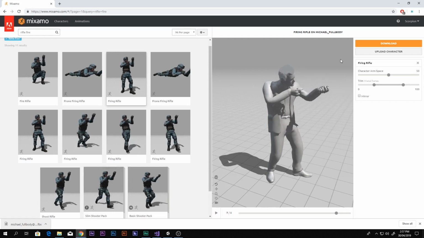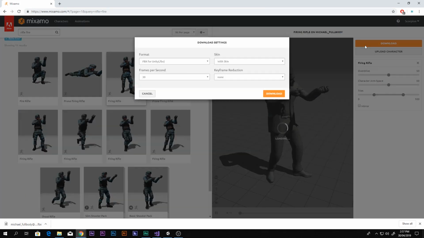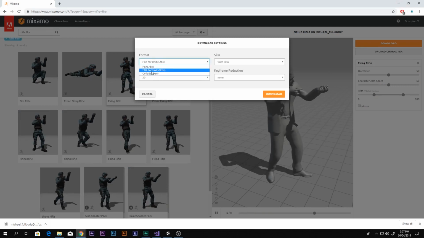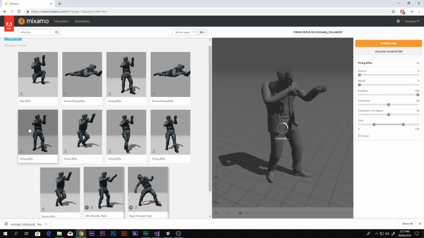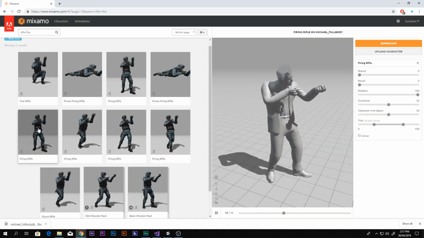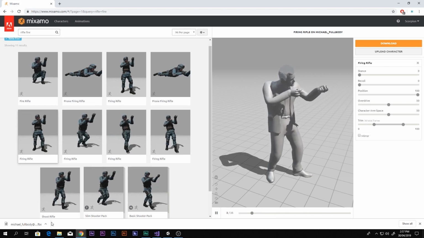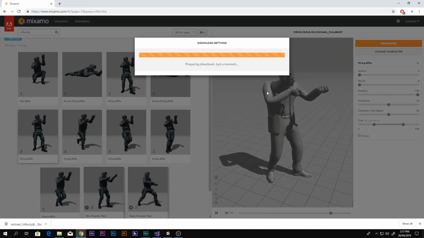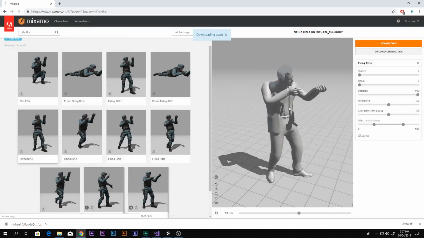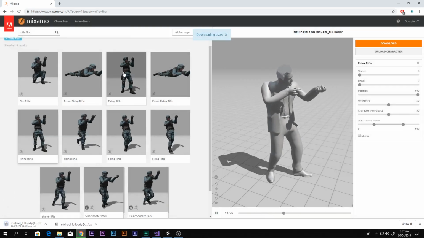Alright, and I have already downloaded this one. You just have to press this button, download, and then set it to FBX for Unity and download it. So I have already downloaded that. Next one, well, this one looks better. Let me just go ahead and download this one instead of that. So I'm gonna download this one, and we also need some kind of an